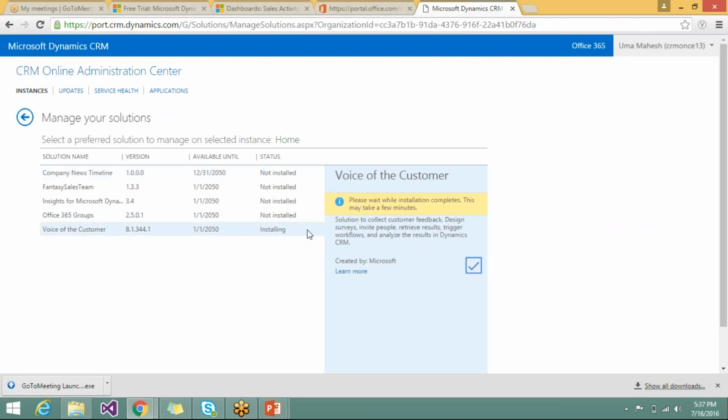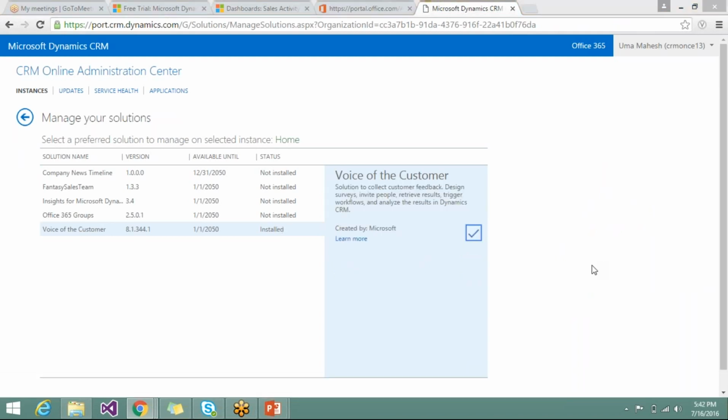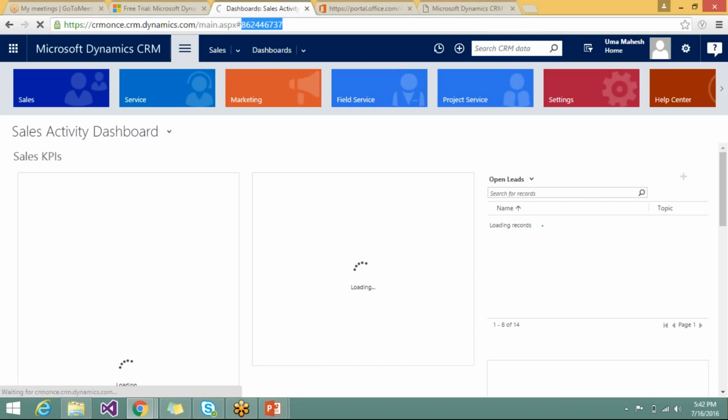Still it is installing. See, now it is installed here. So this is installed. So now we can go to the CRM instance and refresh the organization.